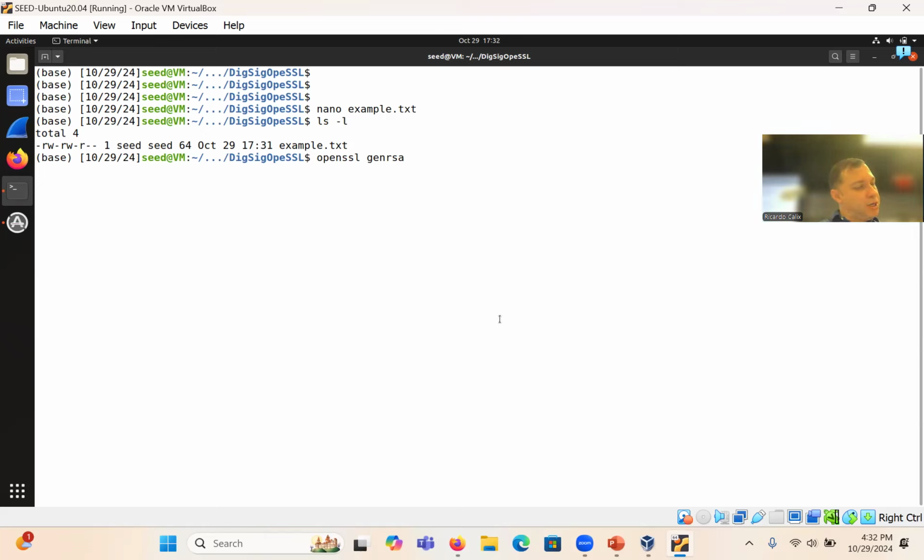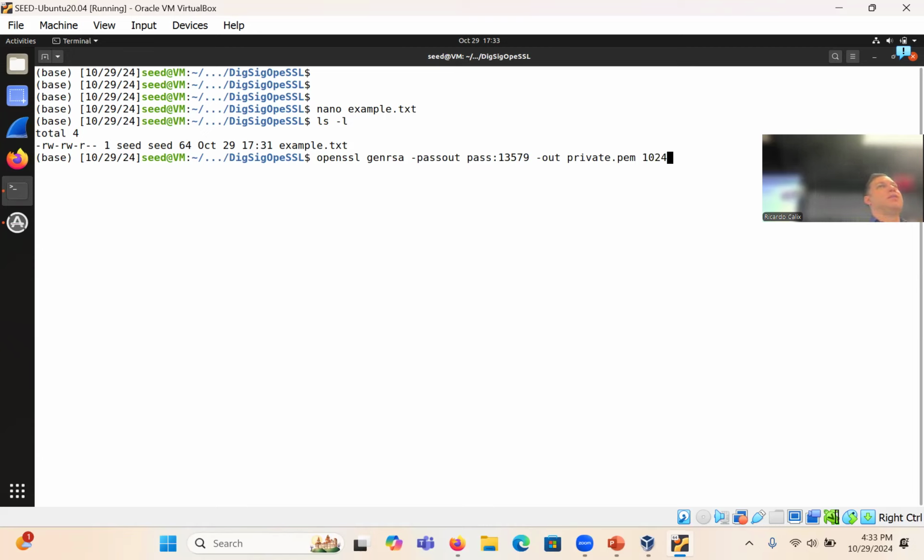So openssl genRSA -passout pass:13579, let's just use a number for the password, -out, and I'm going to generate private.pem. And as you know, we specified